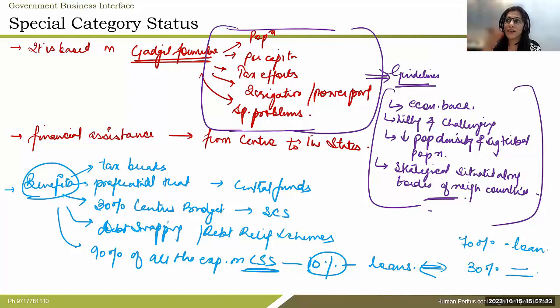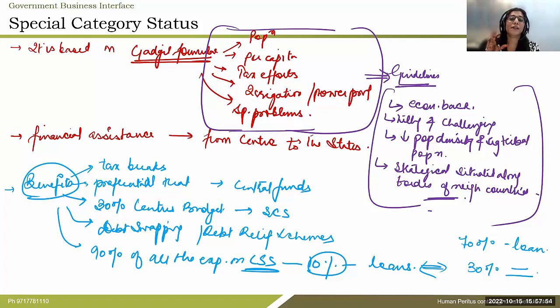Also, in the recent past, Andhra Pradesh, Odisha, Bihar, these kinds of states had also been asking about this special category status. They had been requesting the center, putting forth their demand that they should also be given this special category status, even Goa in that category. But